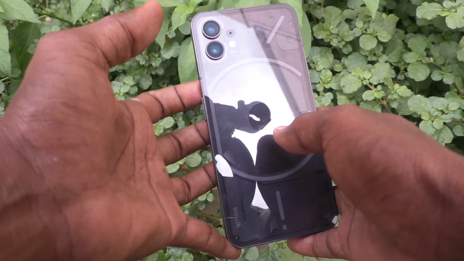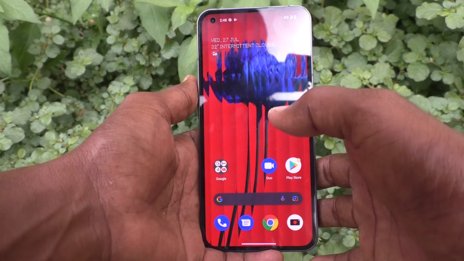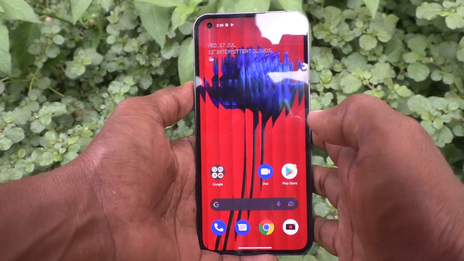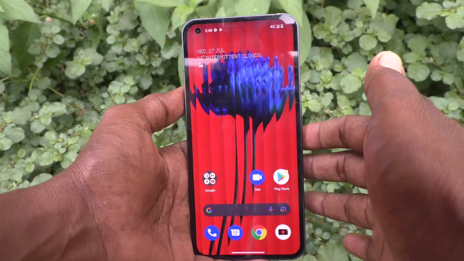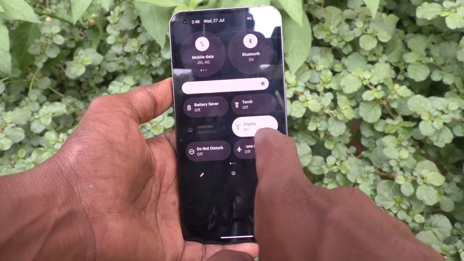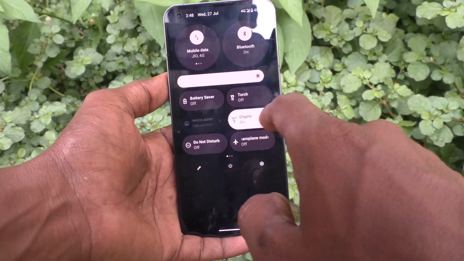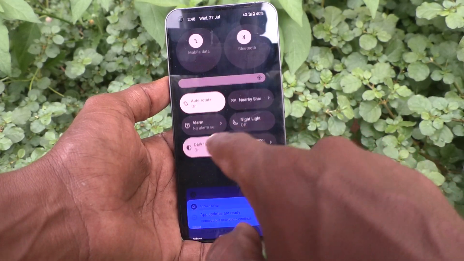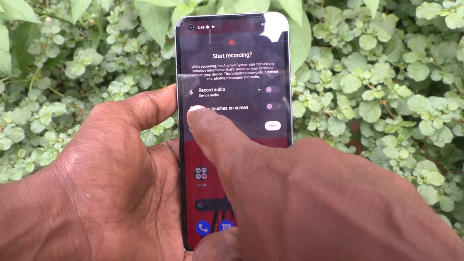Here is Nothing Phone One Smartphone. In this video, you will learn how you can remove the screen recording touch point circle on your Nothing Phone One. First, go to the notification area and select the screen record icon, and here you will see an